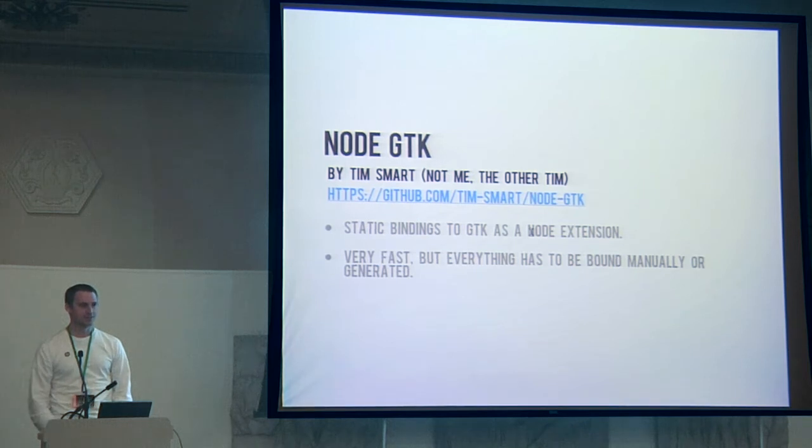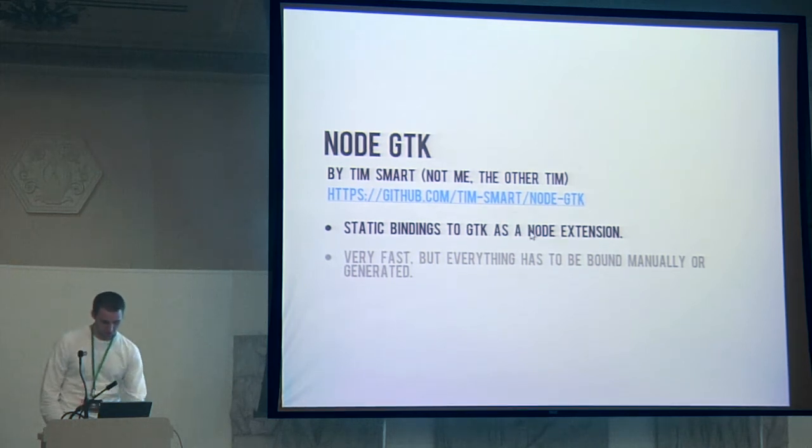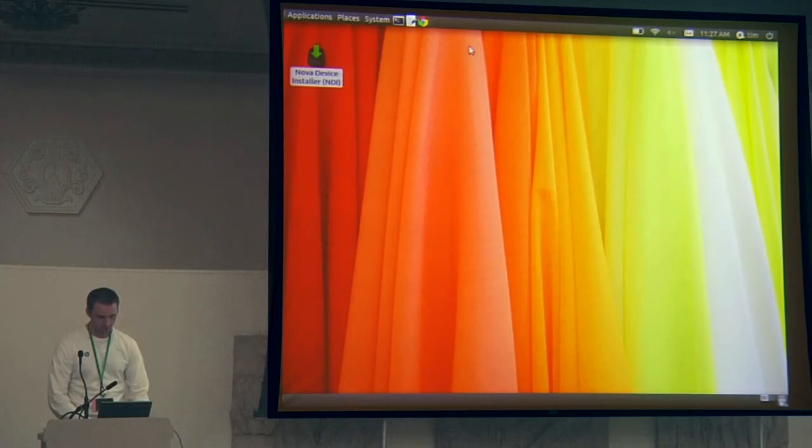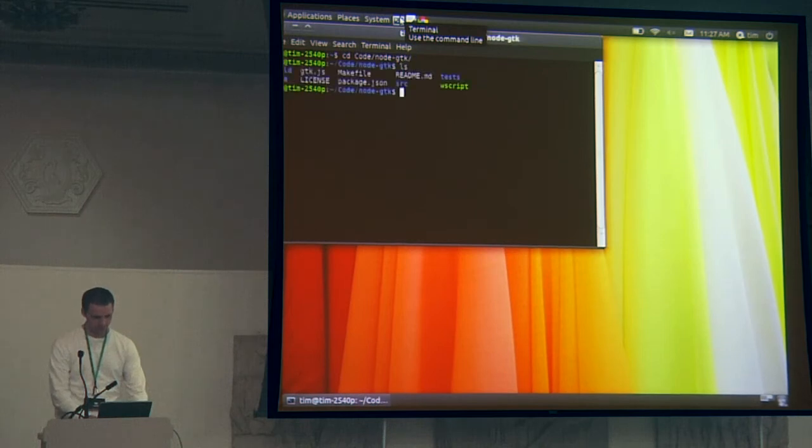So first, I used to do GTK programming. I admit it. It's kind of a cool platform. The object model is kind of weird, but I did it from Python. So it's okay. I didn't have to deal with the C. So Tim Smart, not me, made static bindings to GTK. And it's on GitHub. You can look at it. And with that, you can go, here, let me go to that right now. I just downloaded it, and I believe it's an NPM.